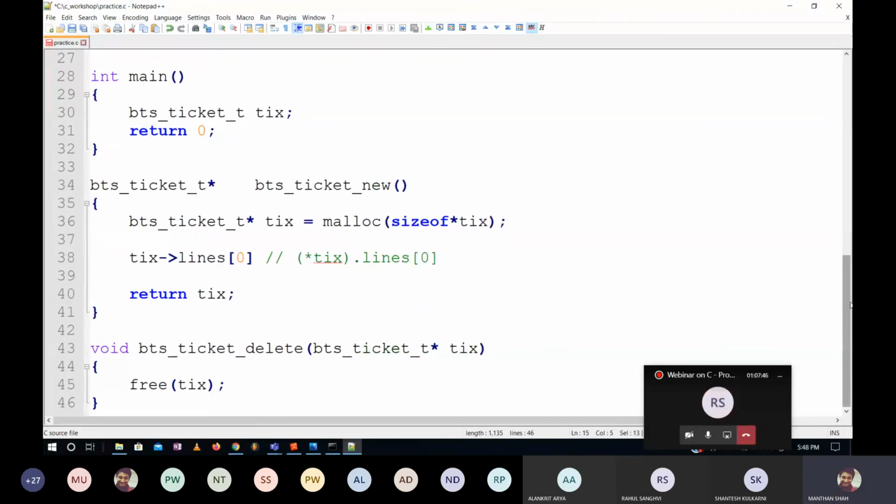Now what I'm trying to do here is कि every time this function creates a new ticket, I need to initialize it to 0. Why? Because every time this malloc allocates some memory, it does not initialize it to 0, which means कि उसमें पहले का कोई तो कचरा garbage data would be there, and if I do not clean it, then it can actually interfere in many of the programs.